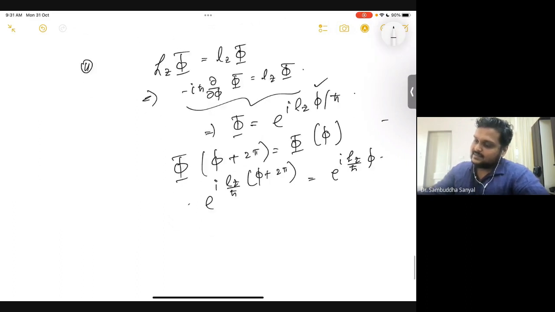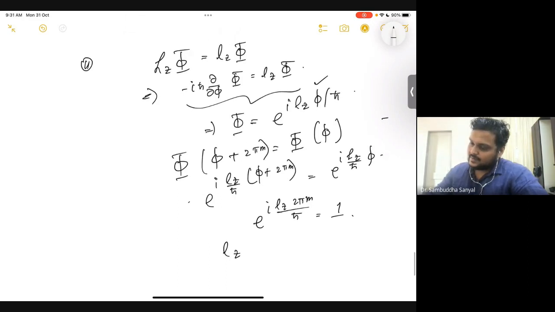Now that means I can multiply there an arbitrary m, actually 2π m, because any 2π number of rotations will give me the same thing. That just means i Lz 2π m by h bar is equal to 1. And that means your Lz,